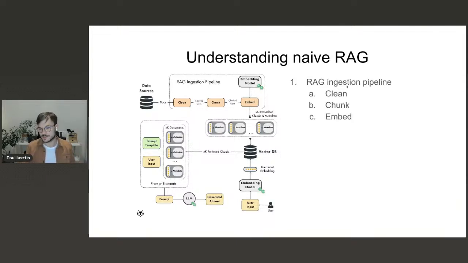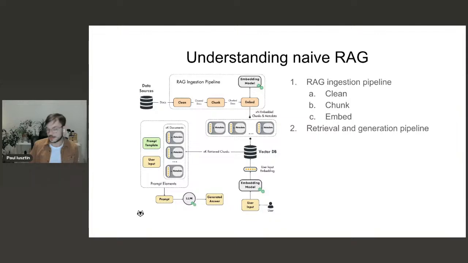Many times it also has the extract part, where you need to take data from somewhere. But because we reformulated the extraction part as a data collection pipeline, in our case, the extraction part is just reading from the data warehouse. So it's really easy. Here we focus on cleaning, chunking, and embedding.